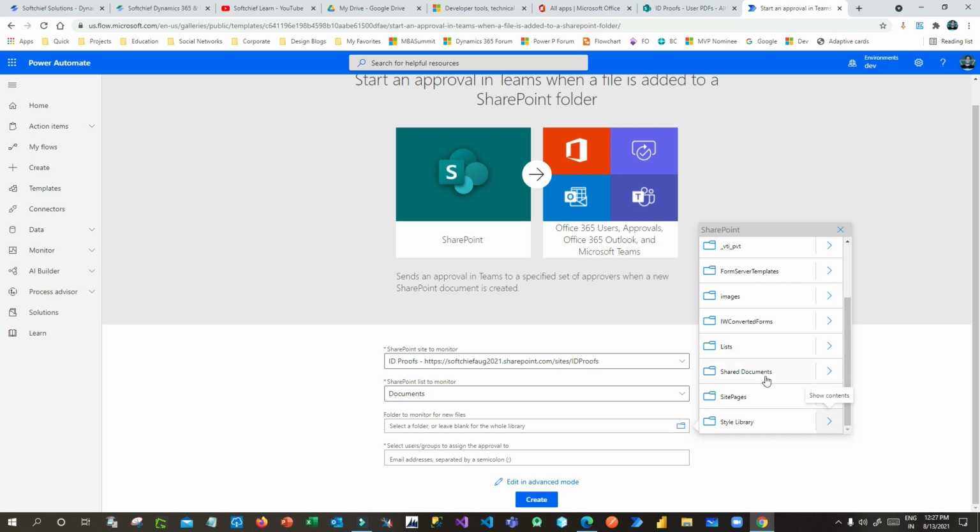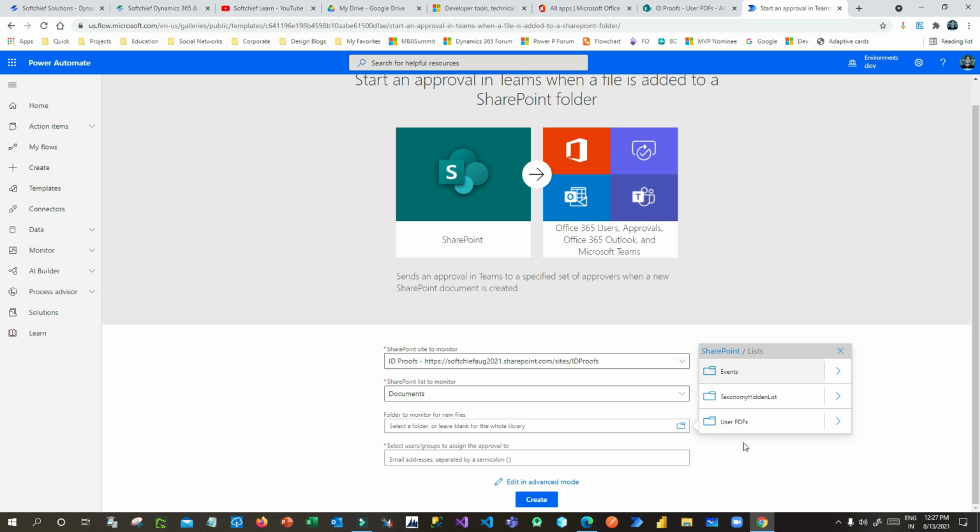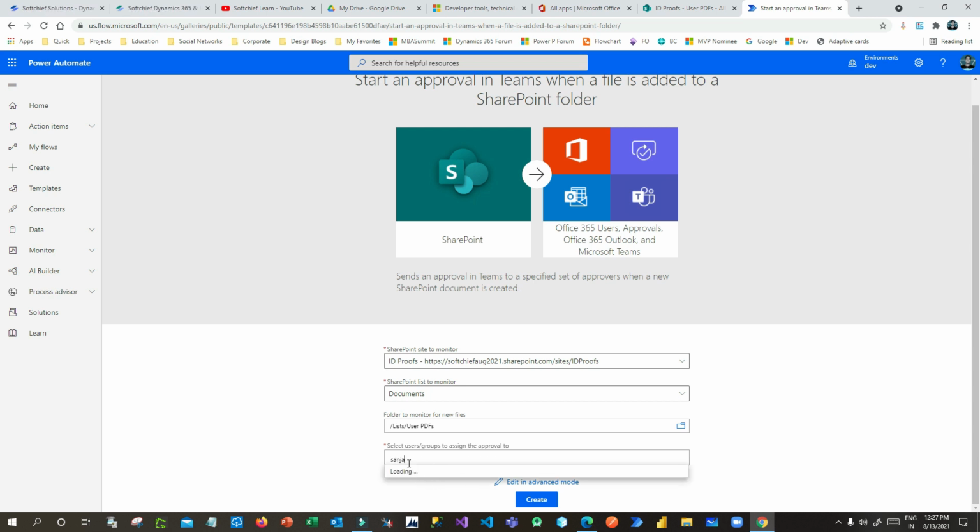So this is actually a list item. So choose the list user PDFs, and here you have to choose to whom you want to assign the approval. I want to assign to myself, so I can select my user ID and click on create.